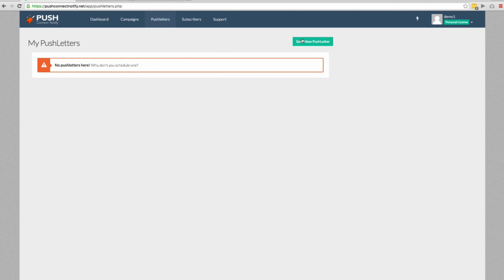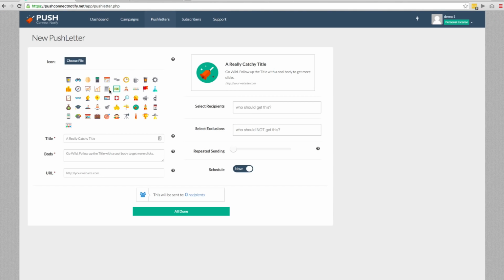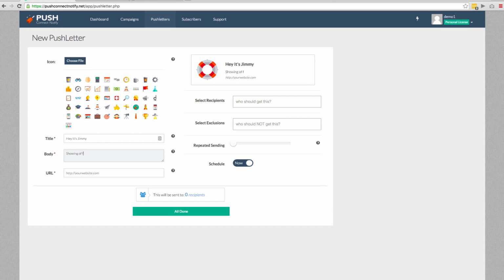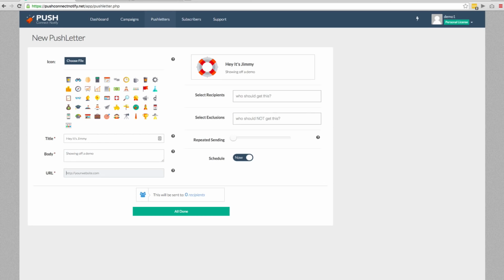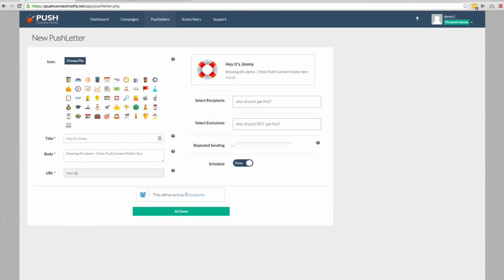So when you're here, you're going to hit send new push letter. When you click on that, you're going to have the same options where you can check different options and you can change everything here. So let's go ahead and do this. Hey, it's Jimmy showing off a demo. Let me go ahead and there. Check push connect notify here. And we're going to type in